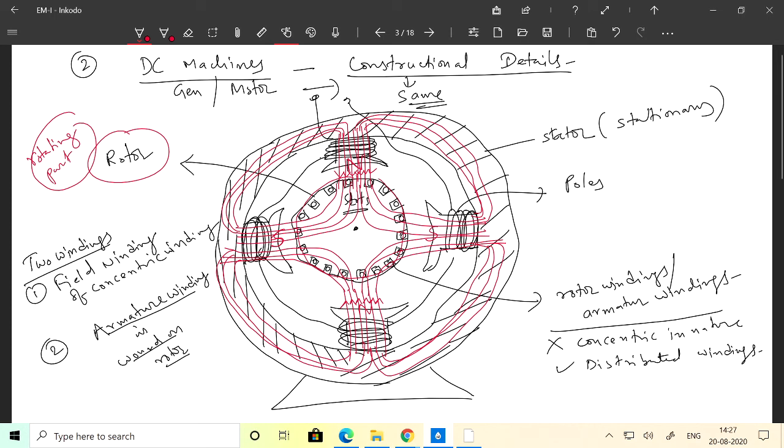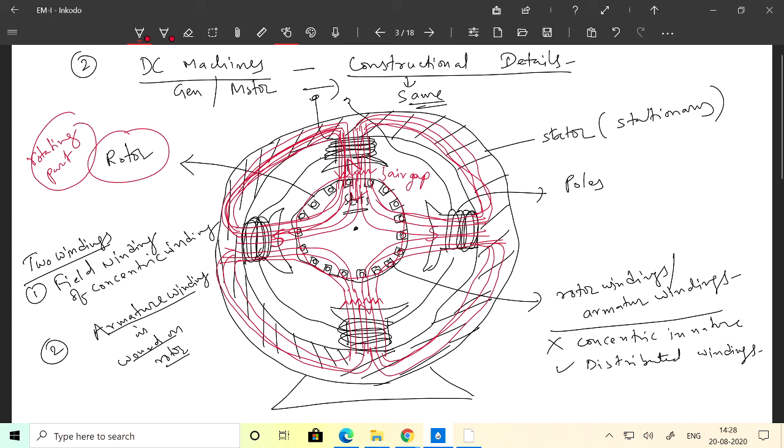Now what is happening? These flux lines will be constant, so they will flow through the stator core. It comes out from the poles and enters into the air gap. This is called air gap. Again it goes into the rotor, and again comes out to the air gap and again goes into the pole and stator. It completes the circle like this.